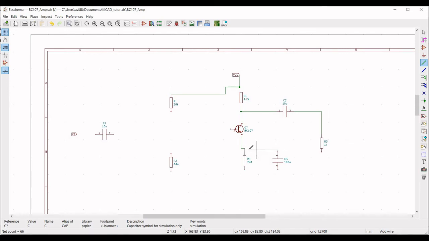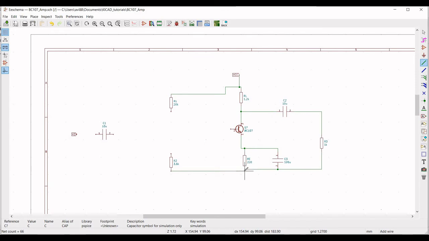Connect the emitter of transistor to the resistor Re and from resistor Re to the capacitor C2, from the resistor Re to the capacitor C3 and from C3 to the resistor Re.